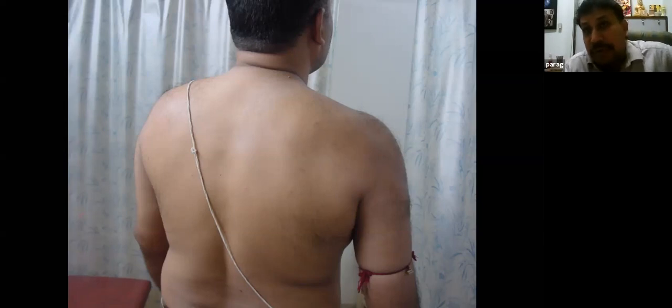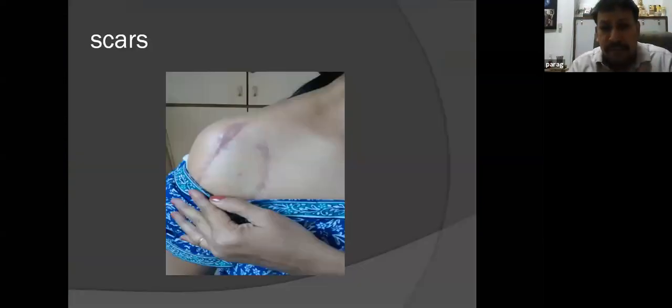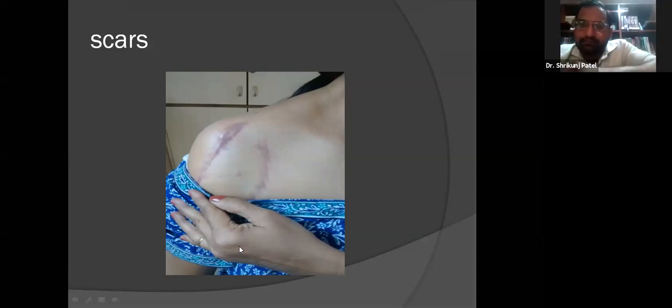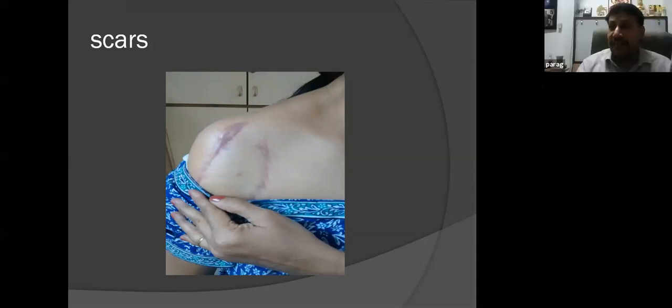And that, as orthopedicians and as clinicians, it is our job to tell them that this is what I want to see. Okay. So again, just inspection. You inspect them, and your pathology is clear to you. The next thing that you have to see, especially if you are going to do shoulder surgery, is previous shoulder surgery. So this lady has had multiple shoulder surgeries before, and look at the hypertrophic scars. You need to understand and tell them that, if you have two scars which are hypertrophic, your third scar is going to be even worse.